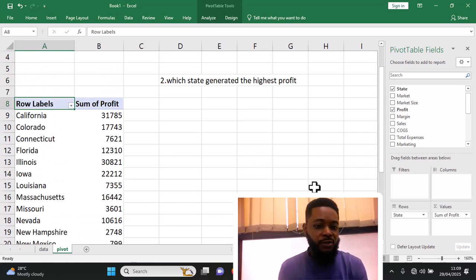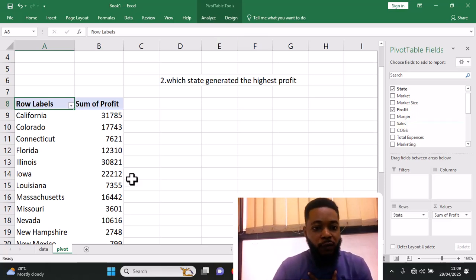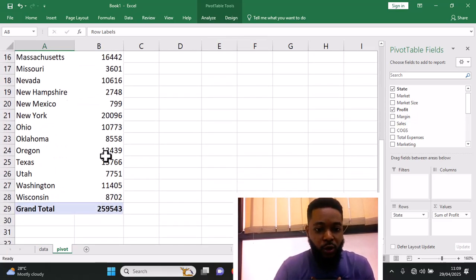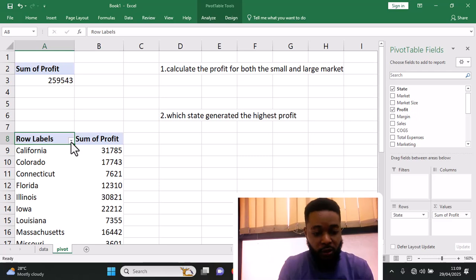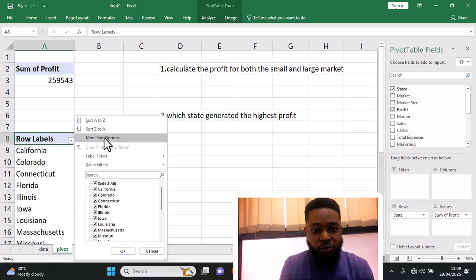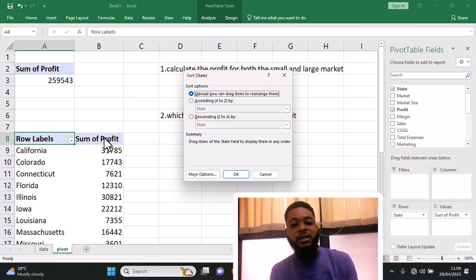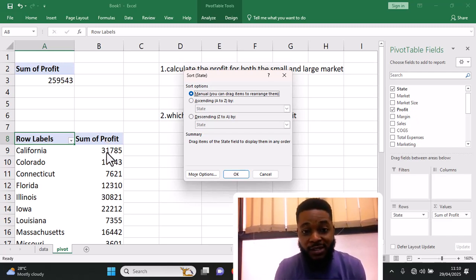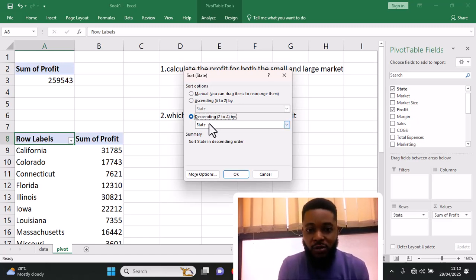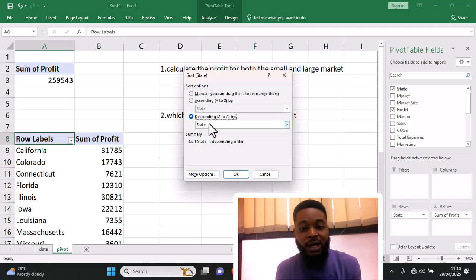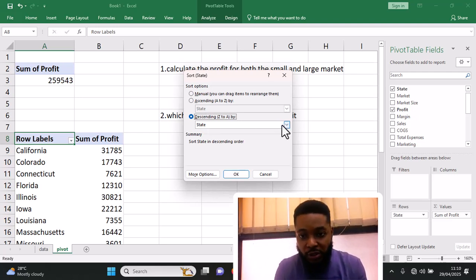So which state had the highest profit? I wouldn't manually look through all of them to check which has the highest profit. So I'm going to sort this. I'll click on this drop down, then go to More sort options. Because I want to find the state with the highest profit, I'll click Descending. This means the highest one should be on top. I don't want to sort the states by A, B, C, D. I want to check by their actual profits. So I'm going to click on this drop down and put